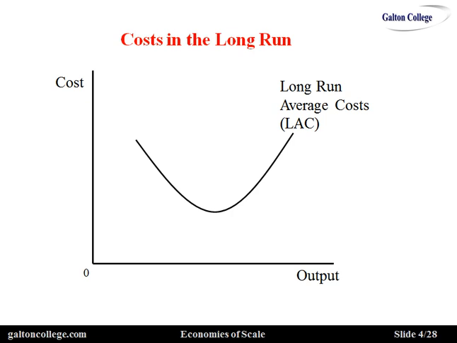Now, costs in the long run, average costs, may be seen as falling, and they fall because perhaps the company is growing. But you'll see from the diagram that at some stage the costs start to increase again. First of all, they're falling, and then they start to increase. And we'll see why this is possible. Why we have, in other words, economies of scale, economies due to the size, and then we have diseconomies of scale. We can have companies that are too big and become expensive producers.